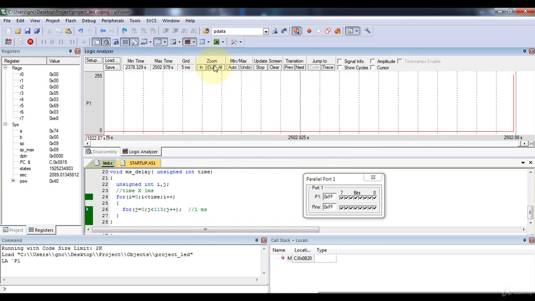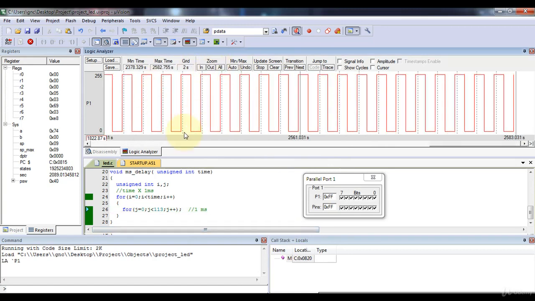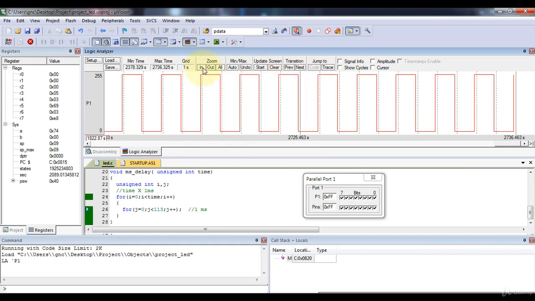Now you can see the square wave, on-off waves. So let's stop it and see whether we are getting the correct delay or not. You can use this cursor option here, like this, and you can see the delta value, the delay value, is getting changed. When I moved it, the value changed. Now you can see the delay is this one.